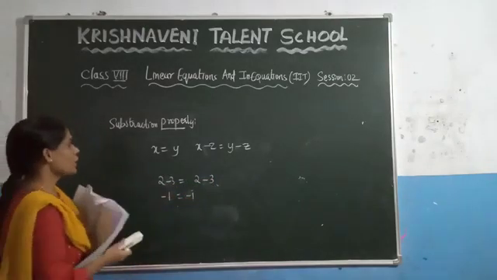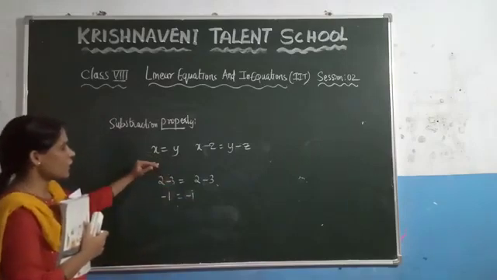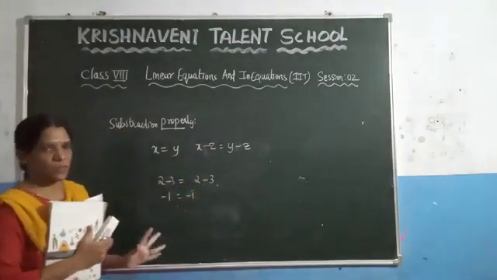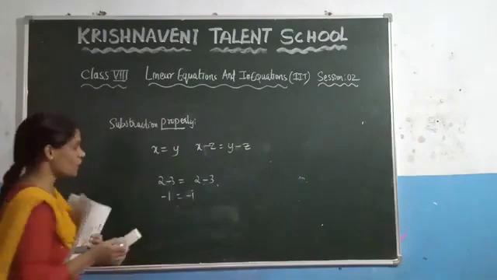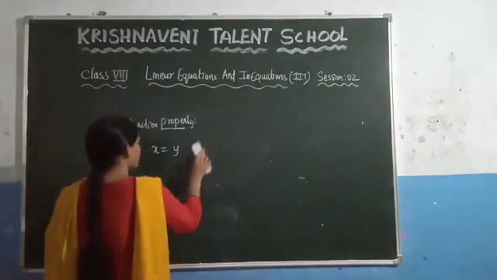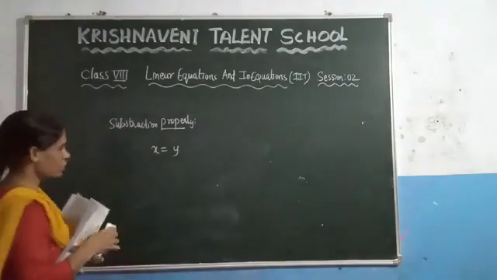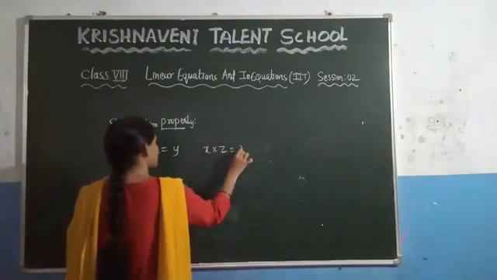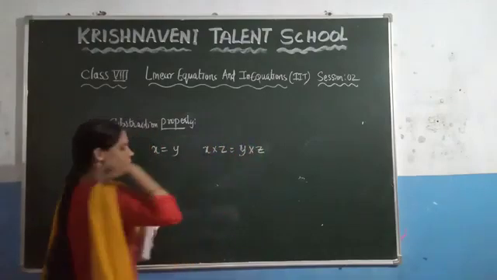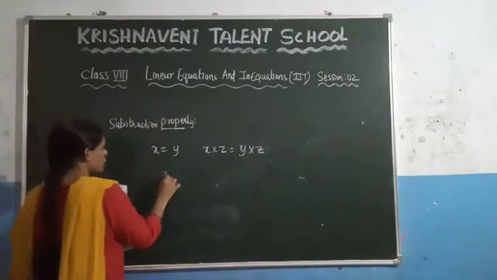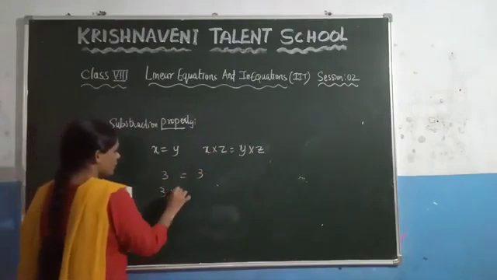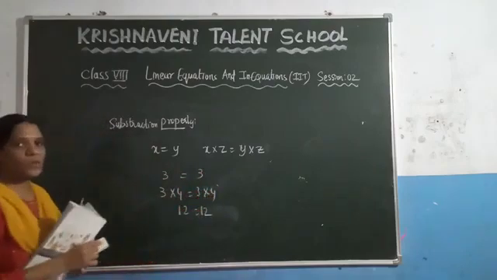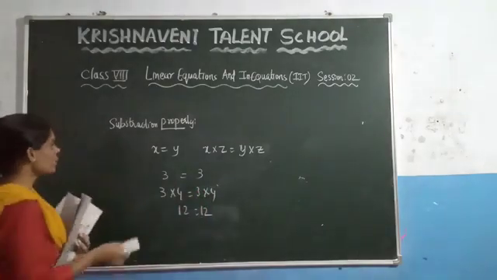So if you take any equality and subtract the same number from both of the sides of this equality, the result will be the same. That property we call a subtraction property. Similarly, what will be the multiplicative property? If you take any two sides that are equal and multiply by the same number, let us consider z, then you get the same result. Consider 3 is equal to 3. If you multiply the same number to both of the sides, the result is the same. This property we call a multiplicative property.